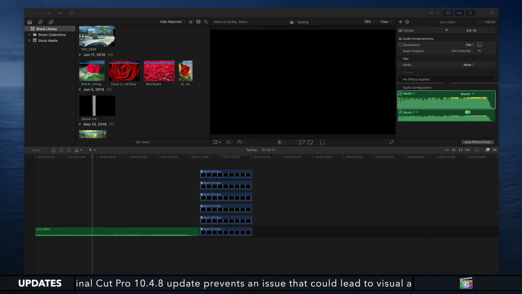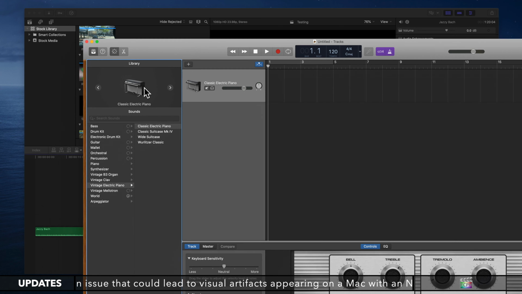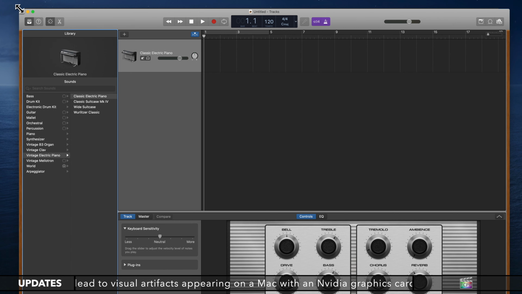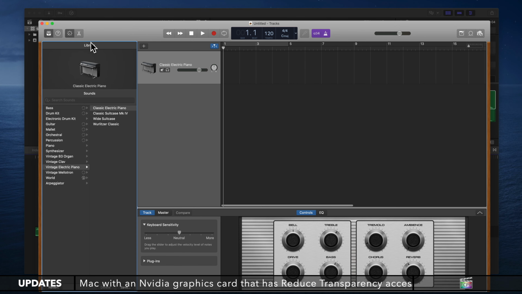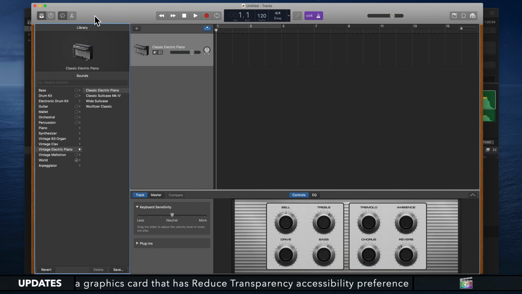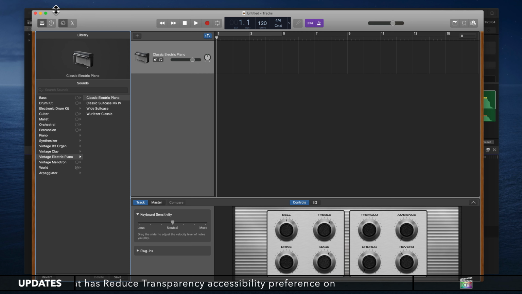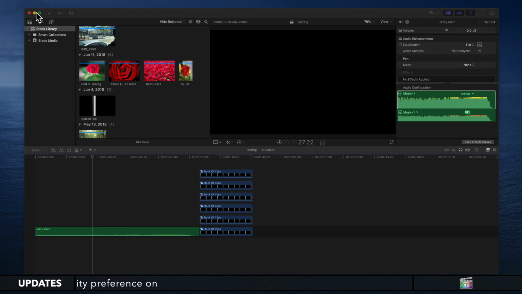So we're going to open up the app GarageBand. Let me go ahead and move it over to my display here so you can see it. I'm going to shrink down the window so it's a little bit easier to see. And this is actually what the GarageBand interface looks like when you've already opened up a song. So let me hit the red circle here. I'm going to close that out and use Command N to create a new project,